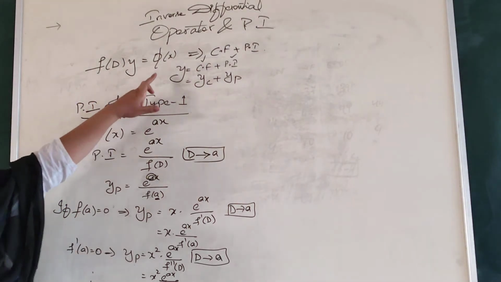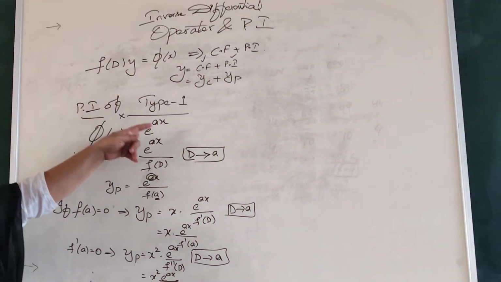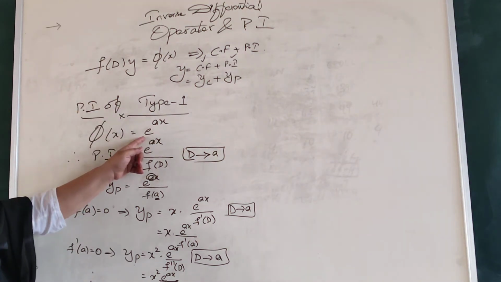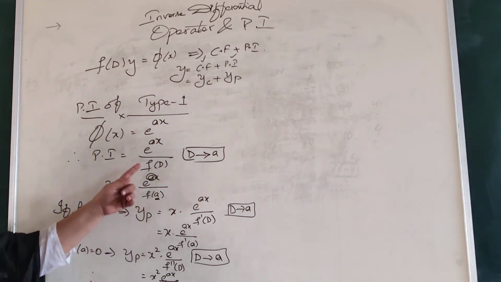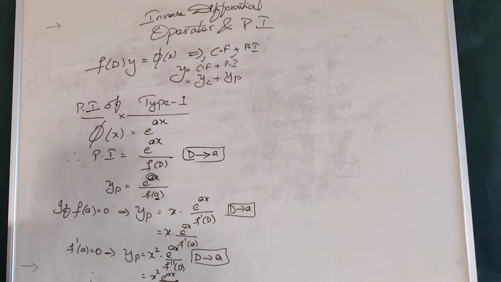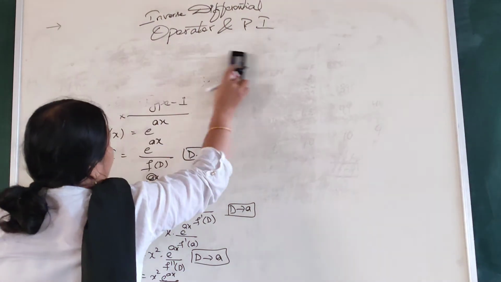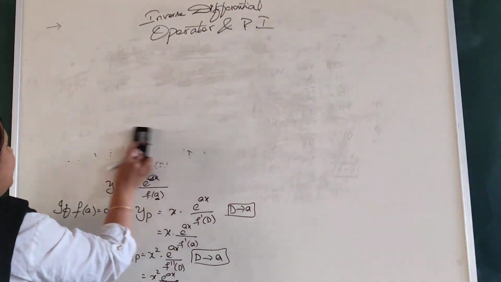And of course the final solution will be yc. You will get it based on the given question. And if phi of x is in terms of e power x, you get a yp like this. Add both of them, you get the final answer. Okay? So let us see how to solve a problem. We'll quickly pick up a problem and then solve it.